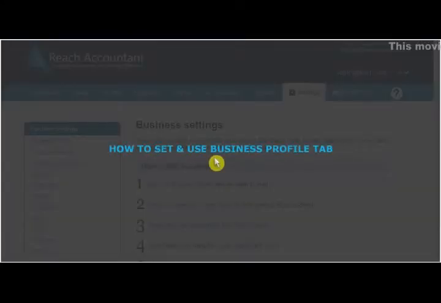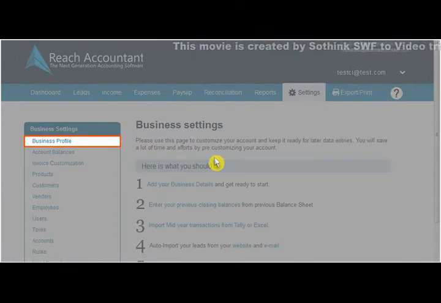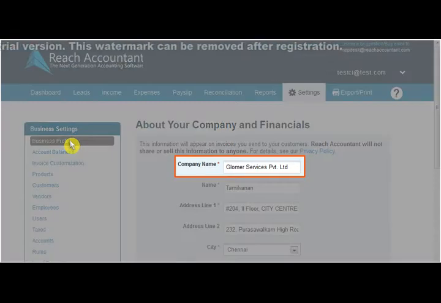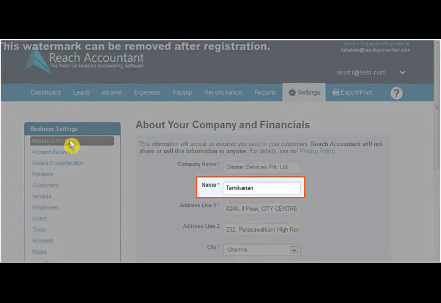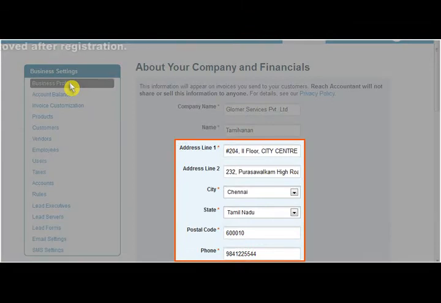Now, let us see how to set and use Business Profile tab. The Business Profile tab contains details about business entity for which Book of Accounts is to be maintained. Details that are necessary such as name of entity, name of contact person, address, city, state, postal code, phone,